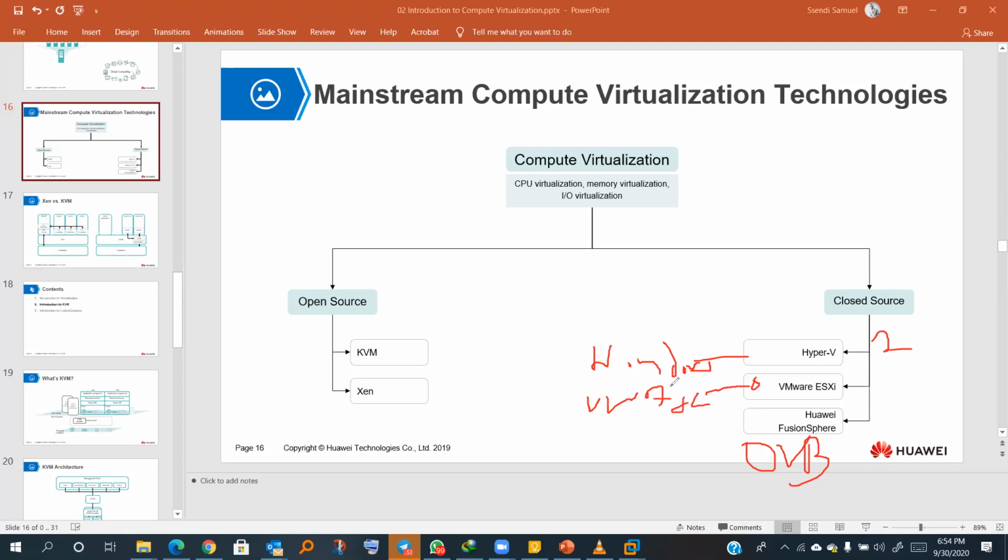It is installed directly on top of hardware resources, which makes it type 1. And then we also have Huawei FusionCompute, which is also like ESXi by Huawei, and it is also installed directly on top of hardware resources, which makes it type 1.